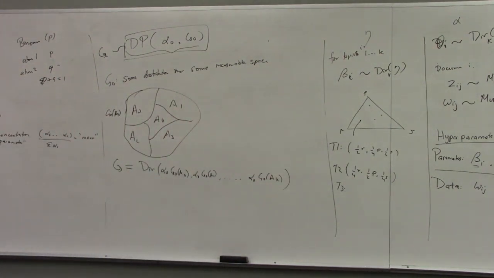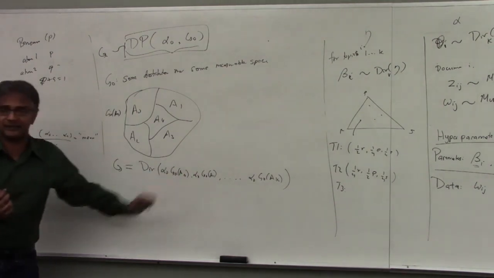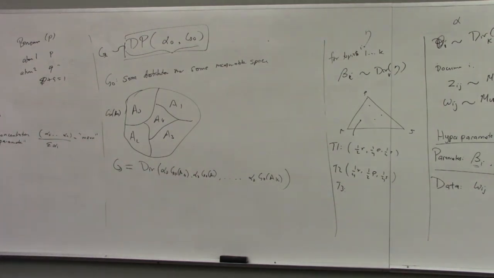So in other words, what I'm trying to say is that I have this weird thingy over an infinite dimensional space. If I look at any finite lens over it, it should look Dirichlet, because a Dirichlet distribution is defined as a finite object. It's a distribution over a finite set. So for any finite subset, it should look like that, no matter what this partition is. That's what I want this DP to satisfy. Now, I don't know if such a thing even exists, but that's what I want it to look like. I want it to look like a Dirichlet distribution on any finite viewpoint.